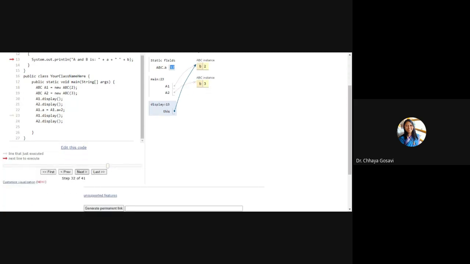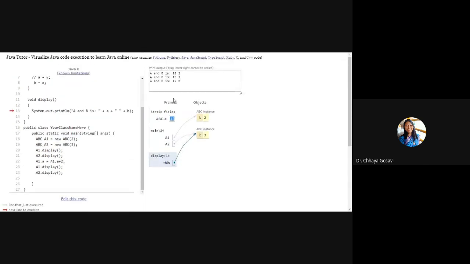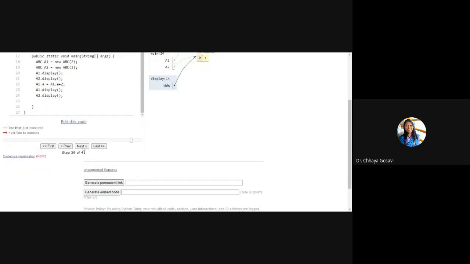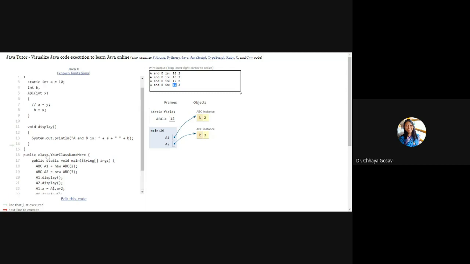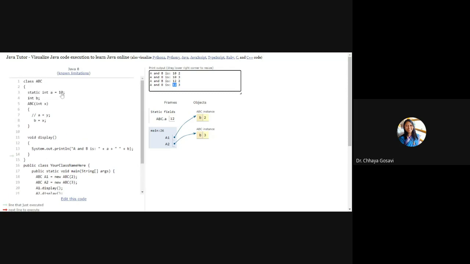And when we display it again with the A1 object and A2 object, we get 12, 2 and 12, 3. So only one copy of that variable is maintained for all objects. Here I have taken only an example of two objects, A1 and A2. We can have any number of objects, and all those objects can refer to a single copy of A.